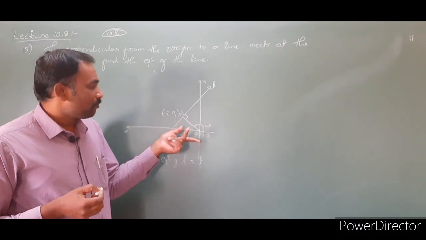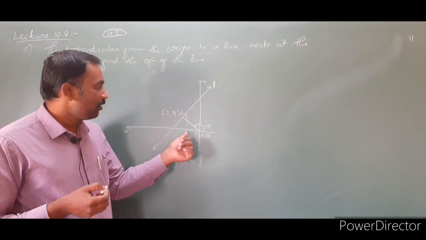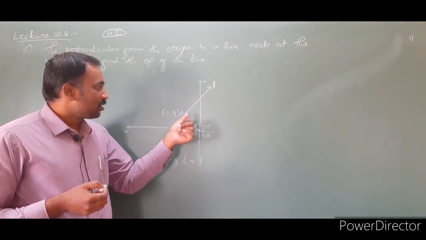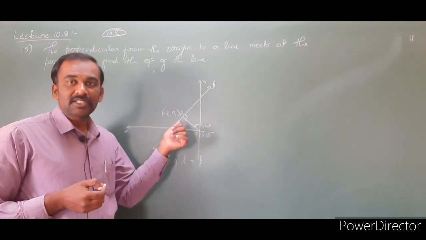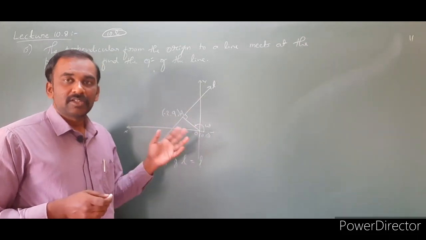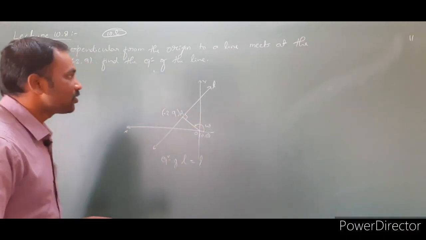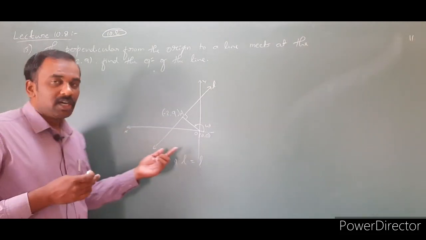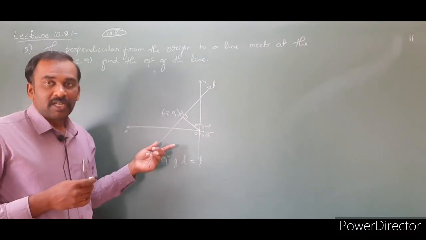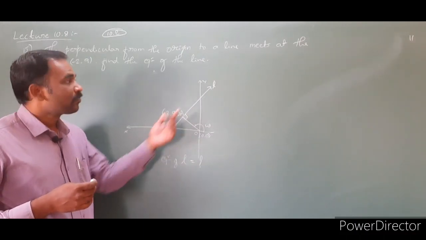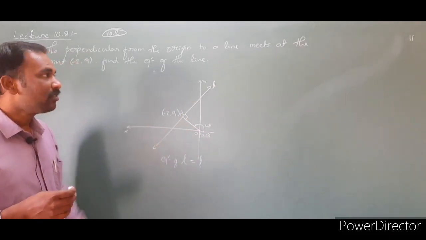We can get the slope of OA. From the slope of OA, can we get the slope of L? Yes. Because the line OA is perpendicular to L, the slope of L is the negative reciprocal of the slope of OA. Once we have the slope and one point, we can easily find the equation of the line using the slope point form. Have you got how to analyze the question? From the given data, out of the 6 forms, we have analyzed which one is suitable.